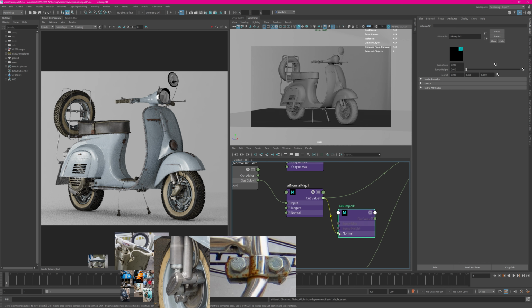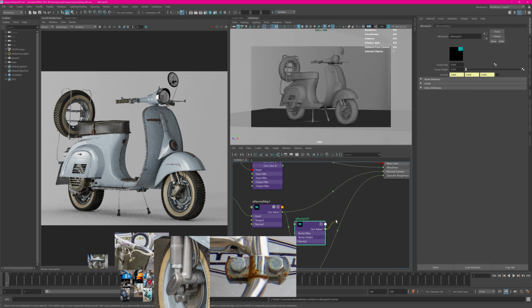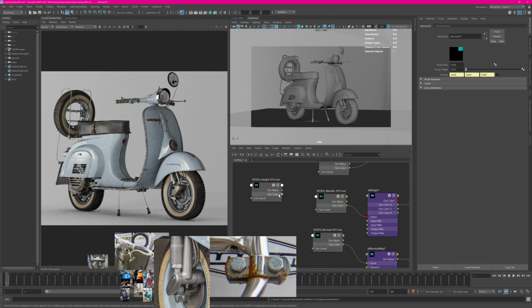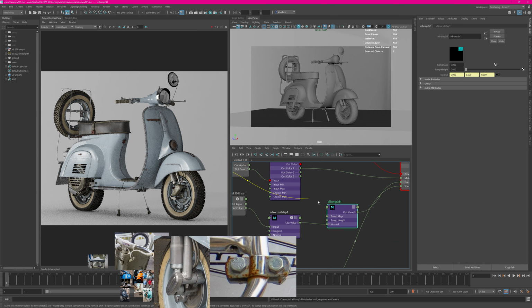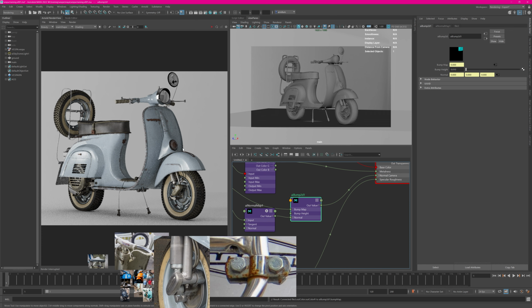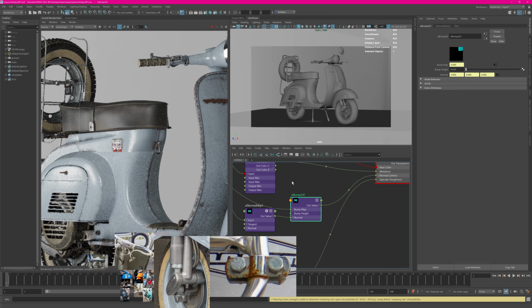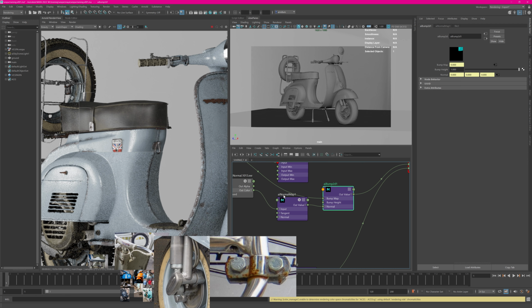So the out value of the normal goes into the normal slot of the bump, and that goes into the normal camera. And the bump map itself is our height map, the red luminance value, and that connects to the bump. So now if I render just the seed here, we should see the height map being applied as well. It's a little bit more apparent, but we can also push it. The default is quite low. So once we push that up, you can see definitely more a little effect here on the surface, especially on